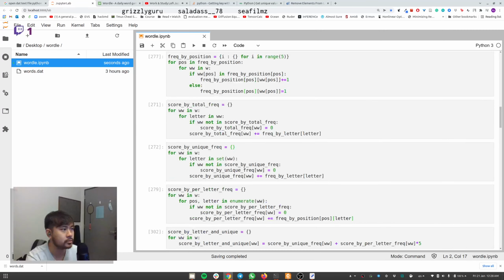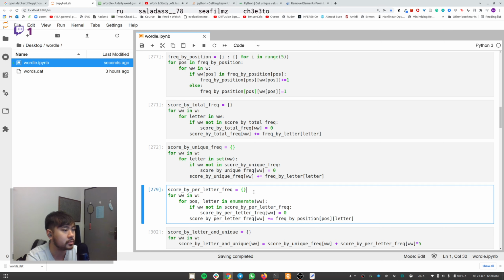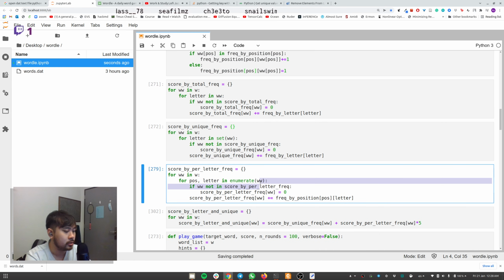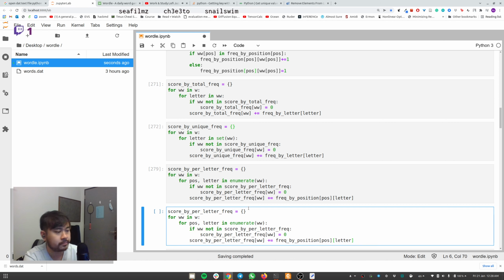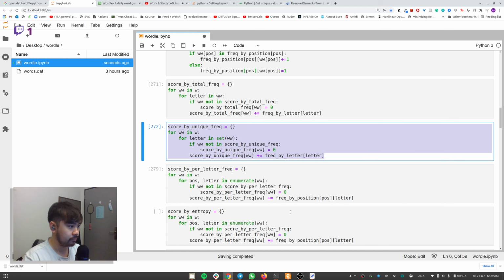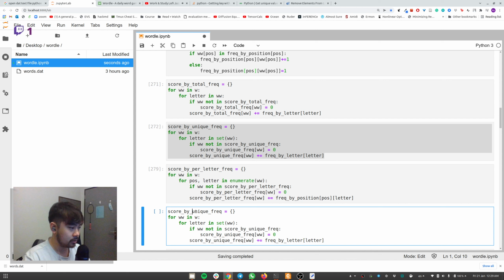Okay, now I'm gonna try to do something weird, and it probably doesn't work, but whatever, let's just try it out. So, score by entropy. So I think I can do this. So if it's not inside my score by